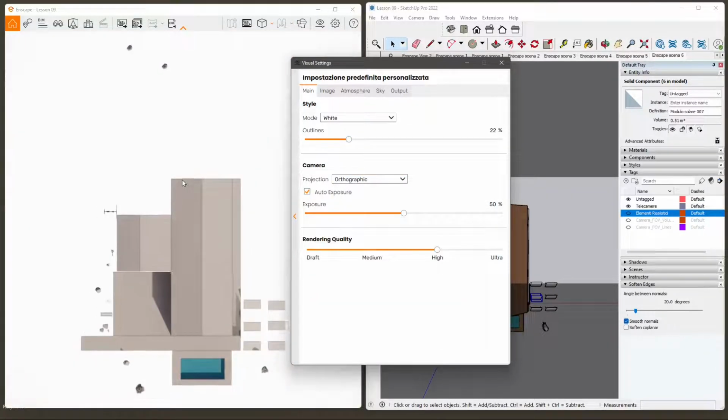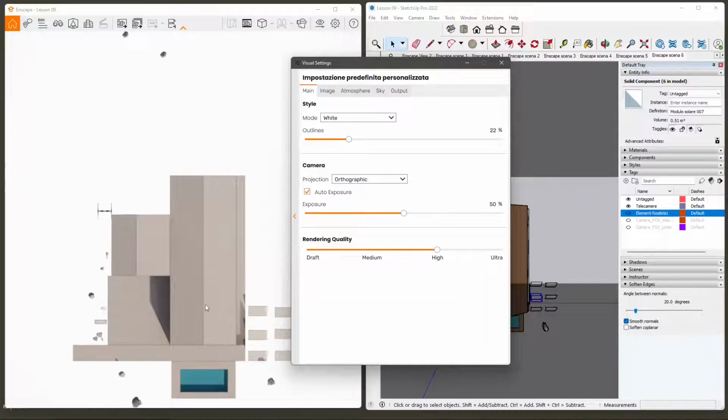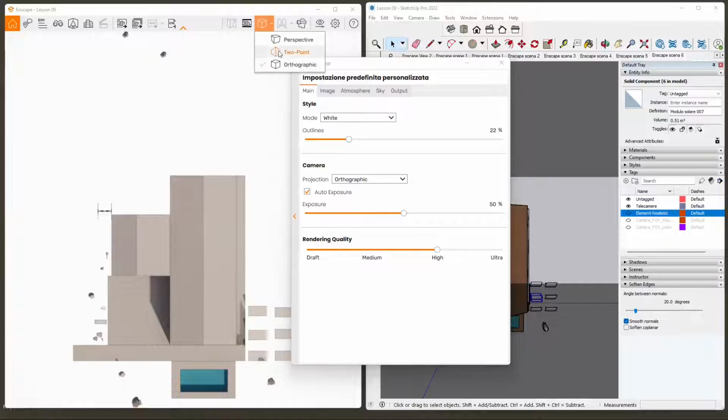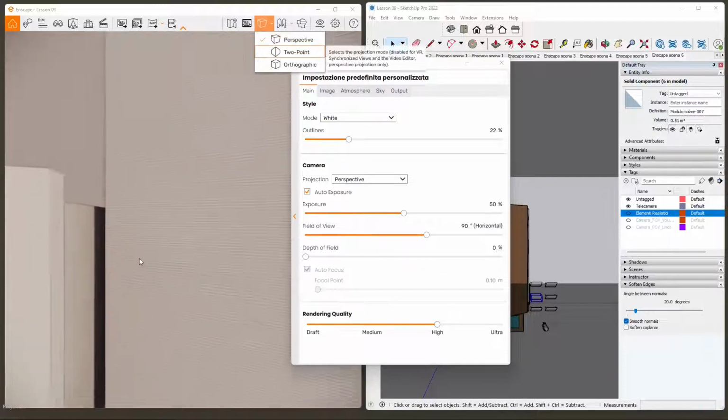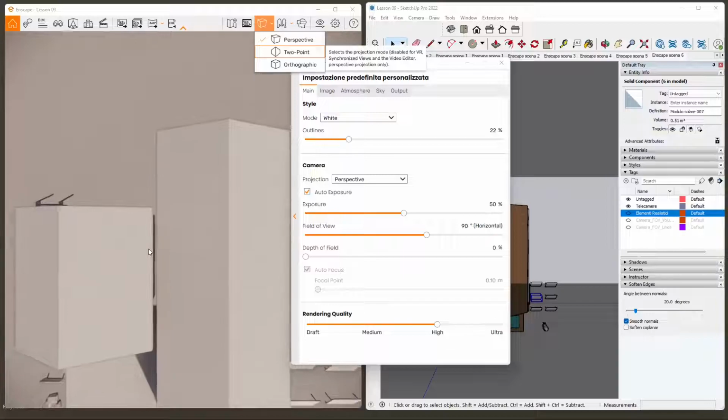Now orthographic is going to show you a really technical plan view of your project. So this is the way you can again create technical drawings. You can also change it from here. You can switch from perspective view to flat